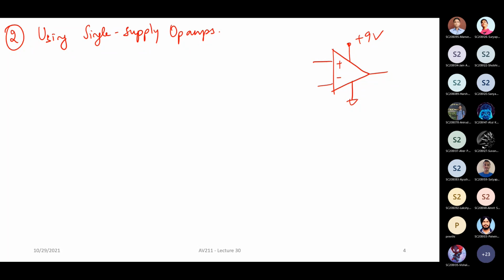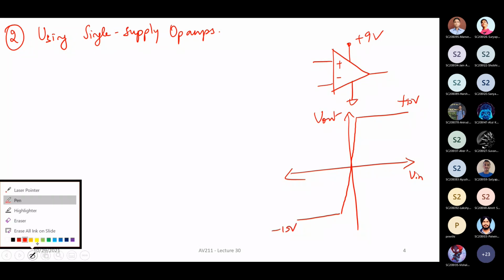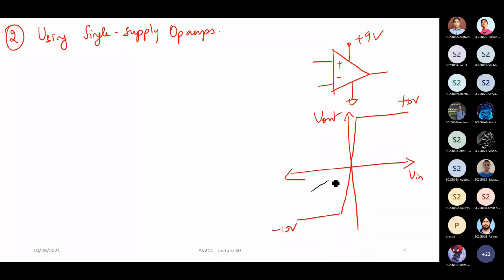circuits? Okay. Now, earlier I told you that because the power supply is plus or minus 15, the op amp, let's say this is your V in, and this is your V out. So the op amp's open loop response would be something like this. It has a very high gain, kind of goes like this, and then it saturates at plus 15 volt and minus 15 volt. Correct. Now, when you put some feedback so that you get a little linear operation, you kind of get something like this, with a certain slope, which is basically the gain. Gain is nothing but your V out by V in, which is the slope of this particular line.